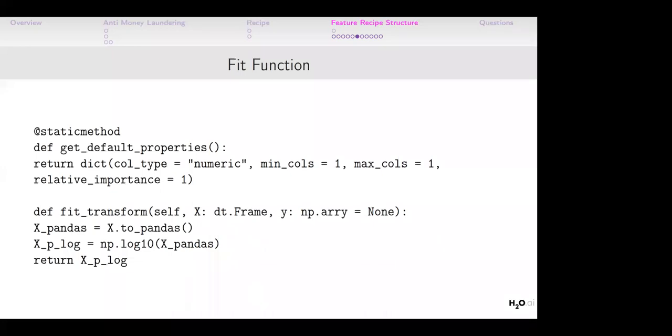Now we have completed 2, which is the acceptance test and the default properties. Now let's get to the third one, which is the meat of these feature recipes. What we do here is essentially the fit function. The fit function is what is going to be applied when you're running the recipe while training. All you do is you get the data frame in, and in this case, if you